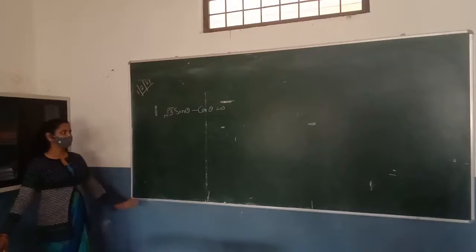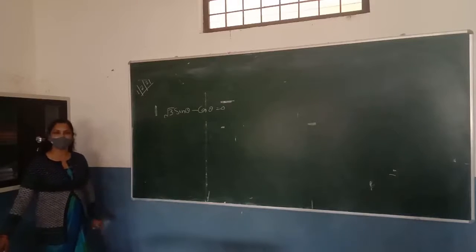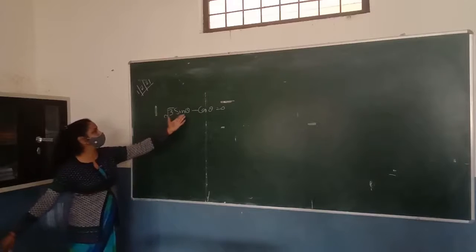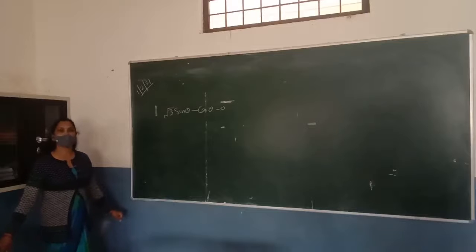No, we can't say that yet, because we don't know the value of theta. So we write it as tan 60, then sin theta minus cos theta. Then what will happen? Tan 60 can be written as sin theta upon cos theta. What is the value of theta here? What can you write in place of sin theta and cos theta?